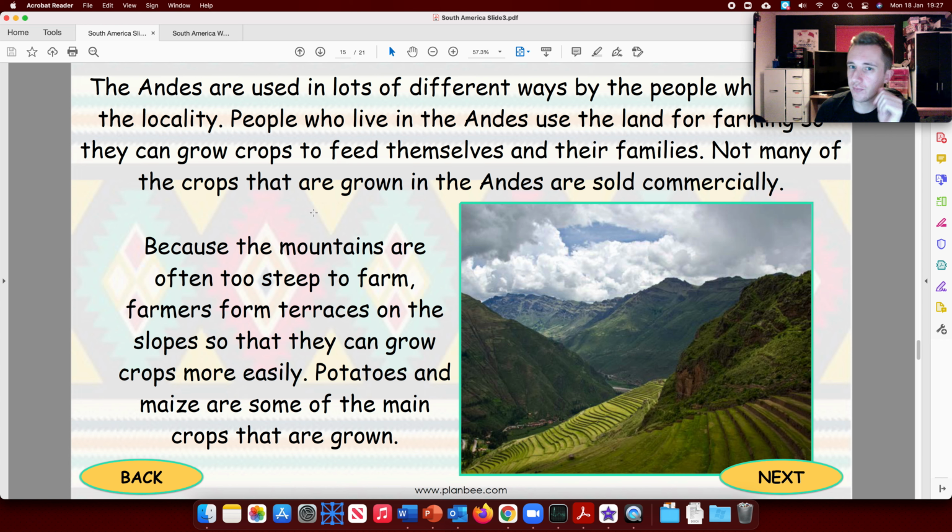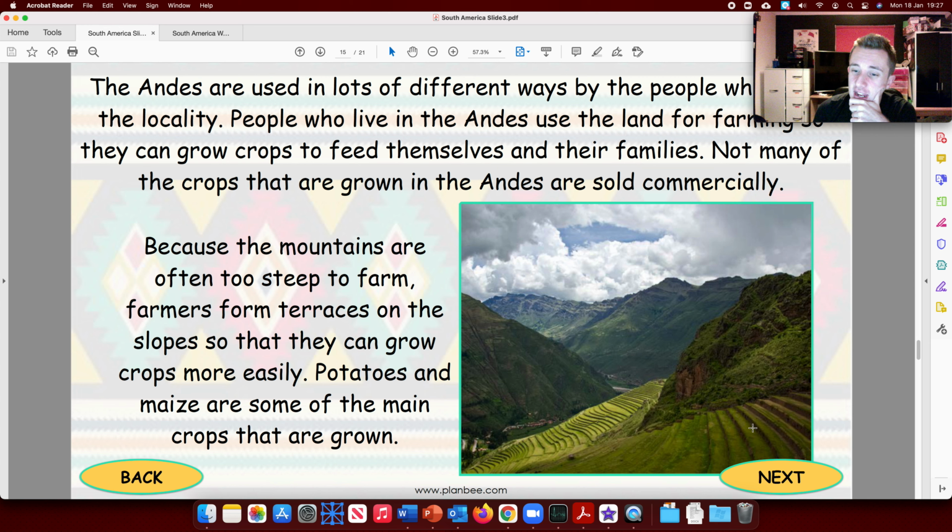That's volcanoes. Now, the Andes are used in lots of different ways by the people who live there. People who live there use the Andes for farming, so they can grow crops to feed themselves and their families. Now, you might be thinking, how are they doing that on a mountain? Mountains are quite steep. You can have, like, plants growing out on the sides? Well, no. Because they're too steep to farm, farmers make or form terraces, so they can grow the crops more